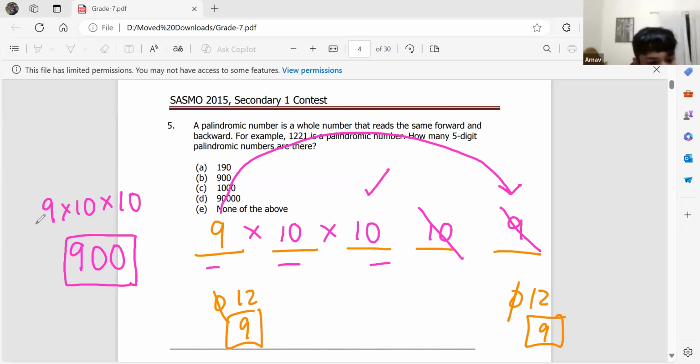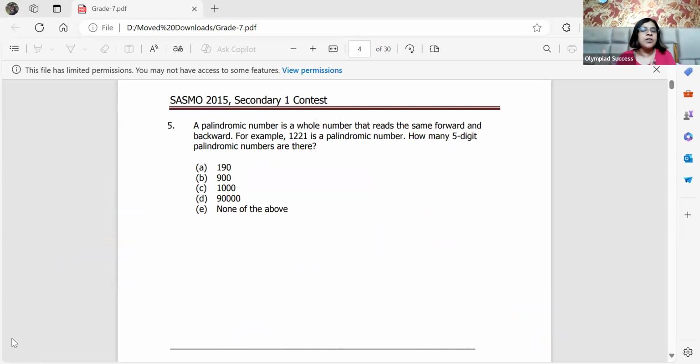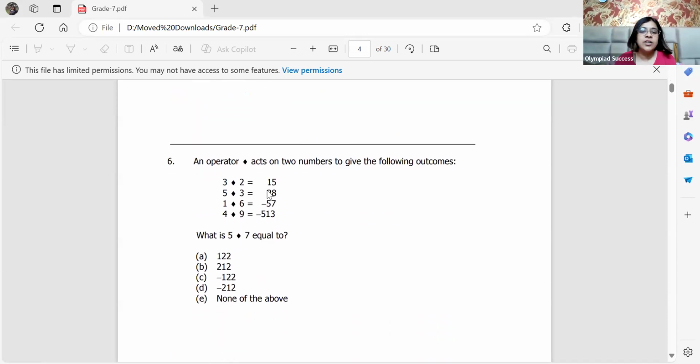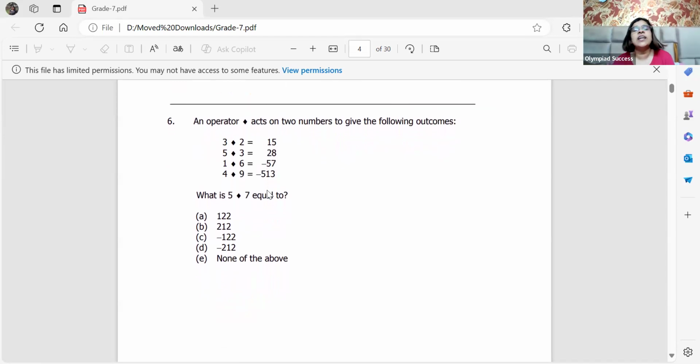All good? All right. So what topic will this fall under? A bit part of it falls under number system, but major part of it falls under PNC, permutation and combination. Whenever they ask you how many conditions or how many cases are possible, we always try to take the help of PNC. It's the easiest. All right, let's have a look. Do this one first, then I'll give you an open-ended question from section B.